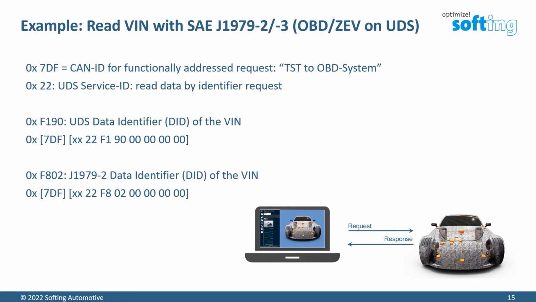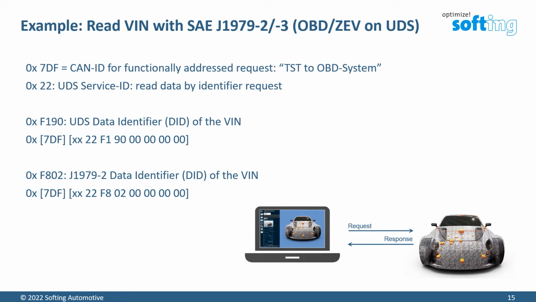And of course, we also need to specify the identifier, so we need the 2-byte DID of the VIN. In the UDS specification, the 2-byte data identifier of the vehicle identification number is F190. So we would send with the service identifier 22 the F190 as a CAN message with the CAN ID 7DF. But that's not read the VIN with J1979-2, because